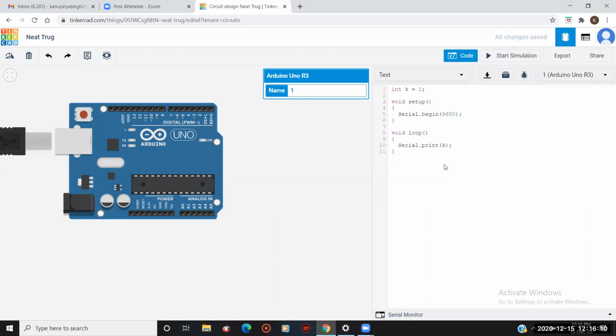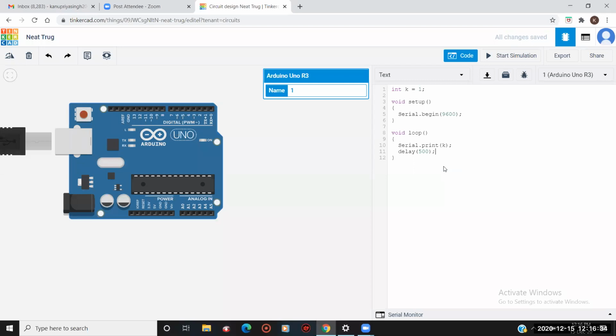After that, I want to see it also. Yeah, you are printing that value, but I want to see it, no? Otherwise, how will I know that it is printing or not? So for that, I will give the delay. Delay, you know, right? I want to give a delay of, suppose, 500 milliseconds.